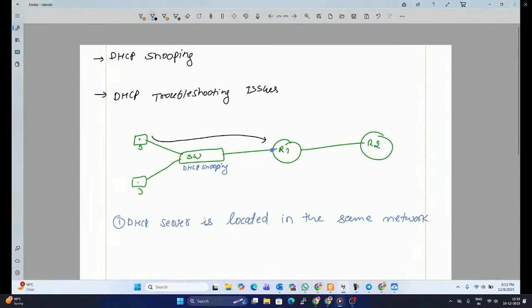Let me check. The server is not reachable, but yeah,